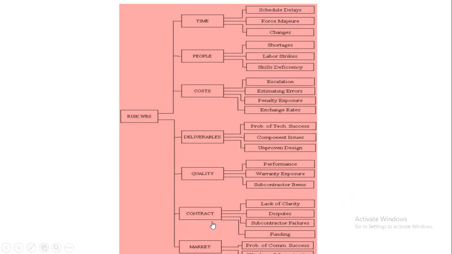And then when going with the contract, maybe lack of clarity, that means the customer is going to tell you something, you are understanding something else, and based on that you are giving some kind of contract. So the output will not be as expected for both the parties. So lack of clarity, disputes, and then subcontractor failures, if at all. Nowadays if you see in the civil market, generally one builder who wants to build a building is not going to do the entire thing. He is going to give a subcontract to some other company to build the structure, some other company for flooring, some other company for electrical, and so on.